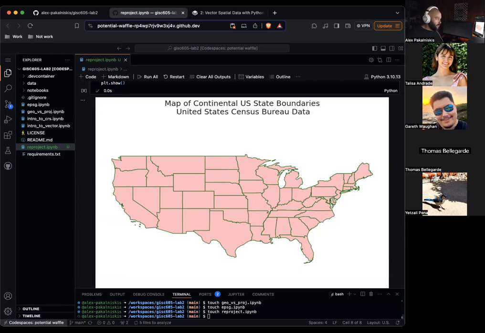So now you can add a boundary layer of the US to make it look nicer. And if we specify a thicker line, it'll make our map visually pop. Let's try that.